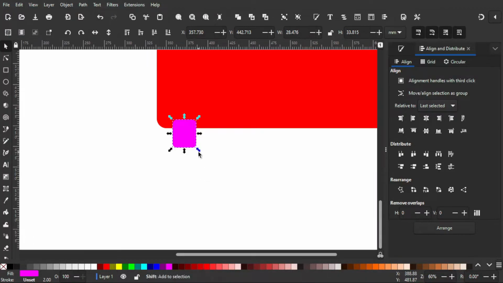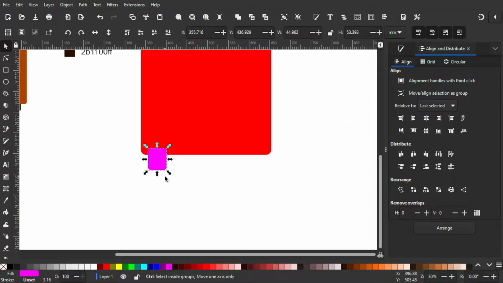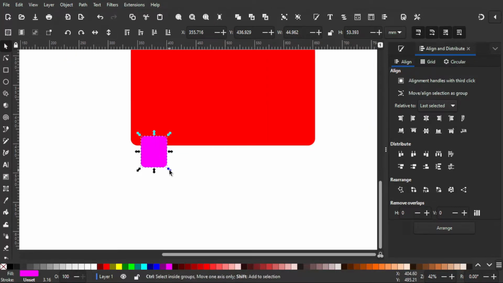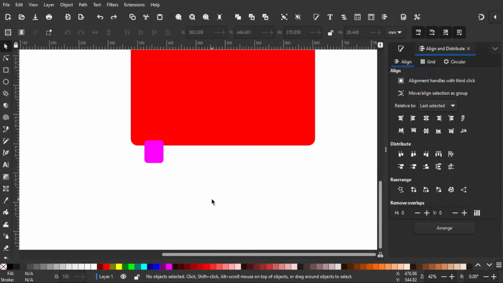And then I'm gonna scale it up a little bit. I think that's too big. I'm gonna scale it down, and I think that's good. The next thing that I want to do is actually duplicate the feet, and to do that I'm gonna hold Ctrl and D to duplicate that, and then by holding Ctrl I'm gonna move it to the right,